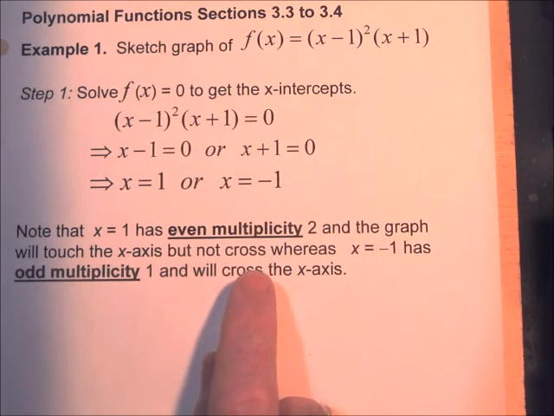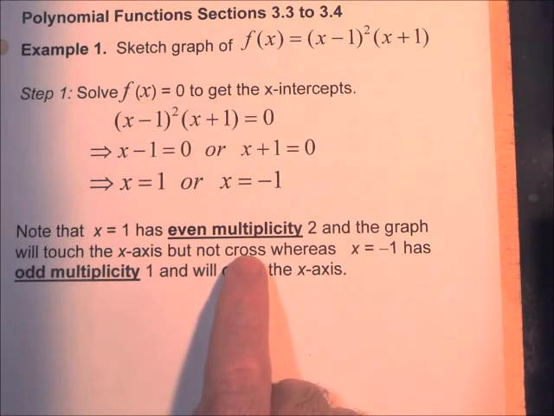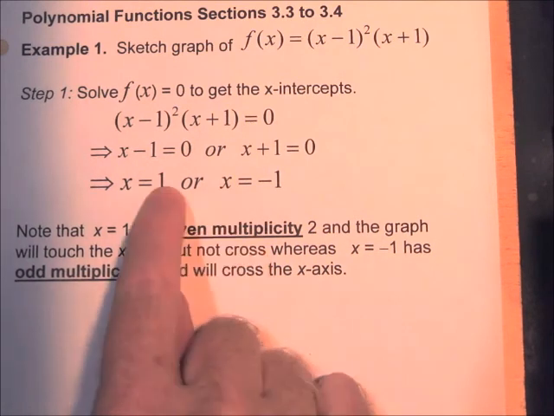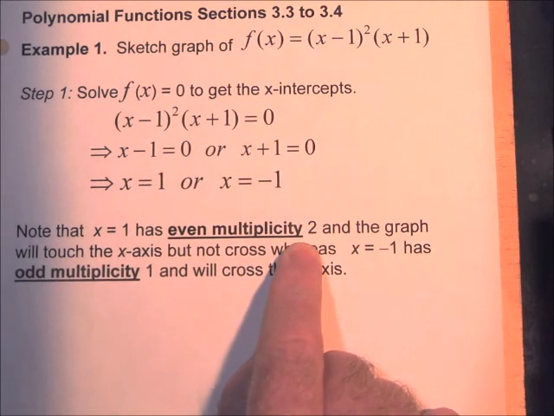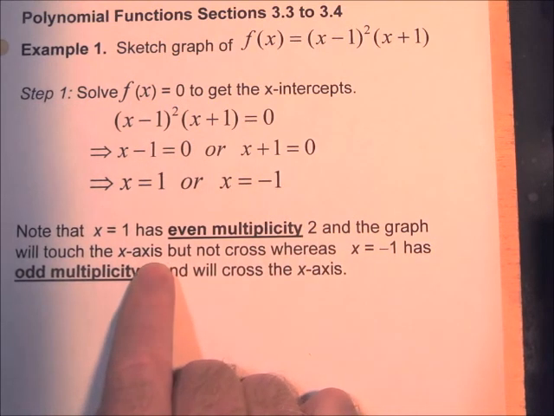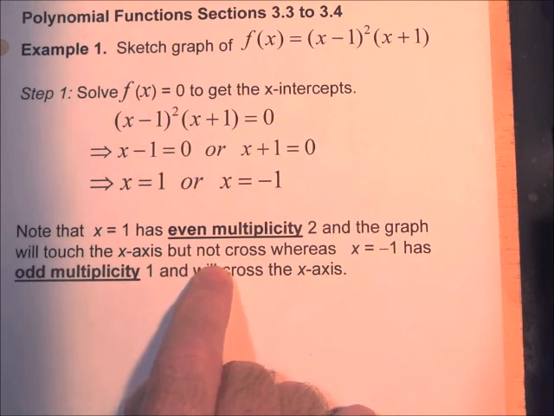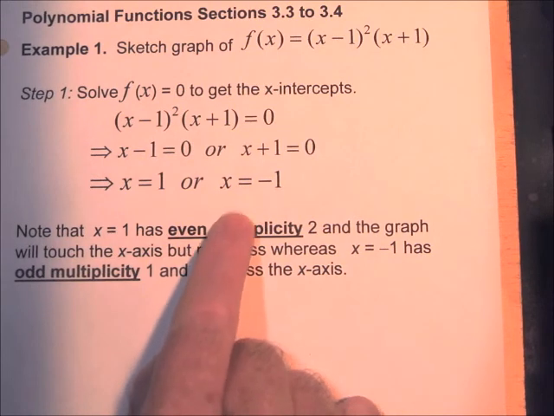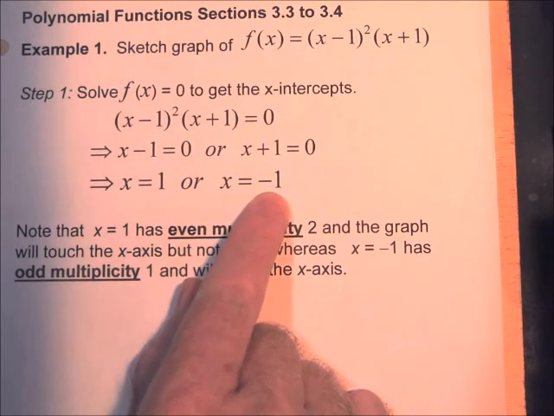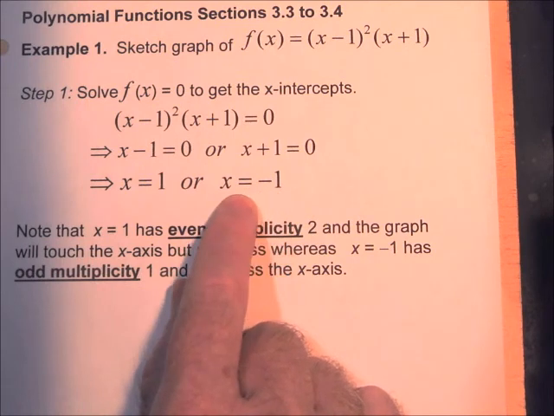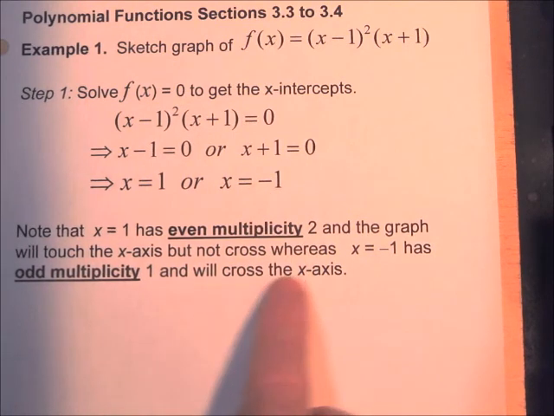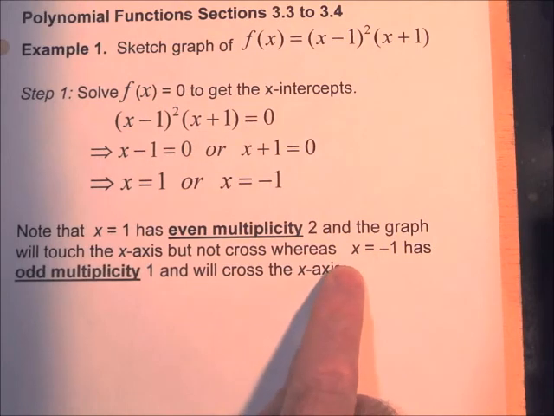And if an x-intercept has even multiplicity, this multiplicity 2 is even multiplicity, then the graph will touch but not cross at that point. Whereas if the zero has odd multiplicity, x equal negative 1 has odd multiplicity, then the graph will cross the x-axis at that point. Okay,